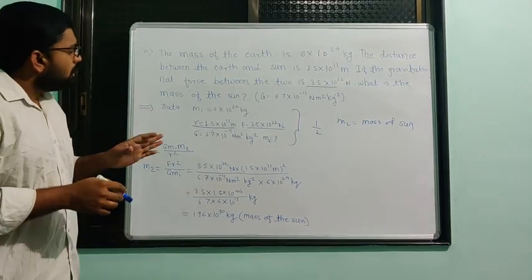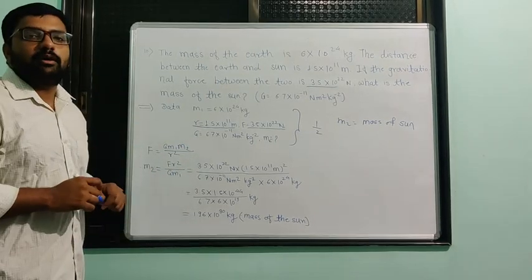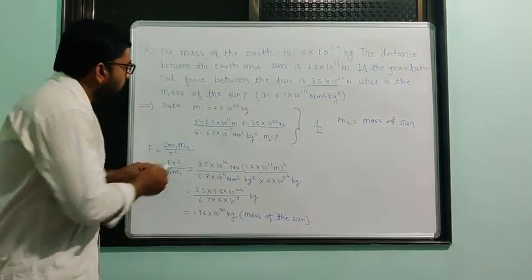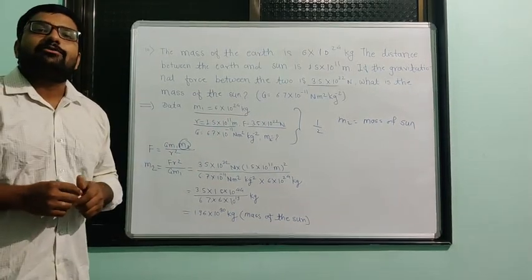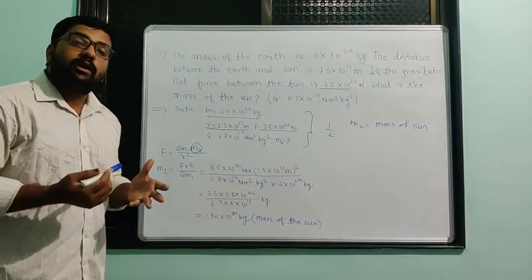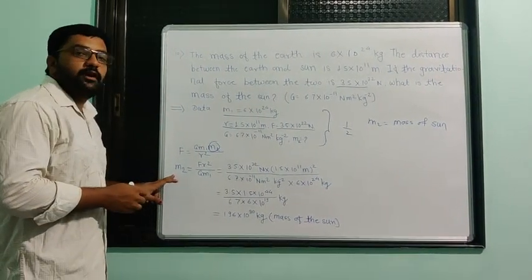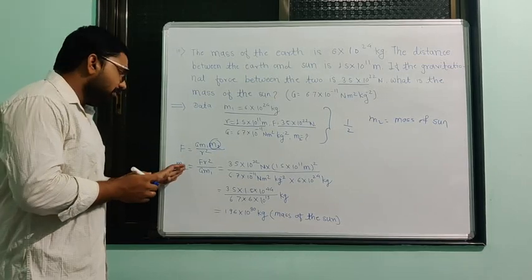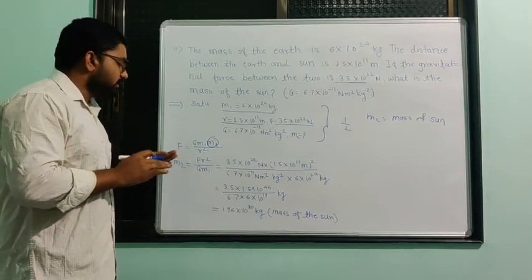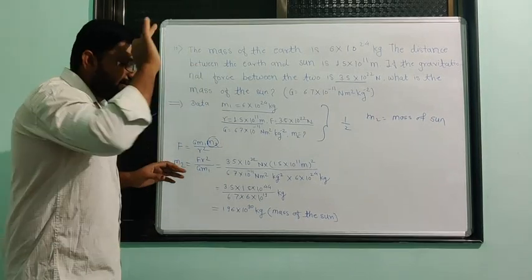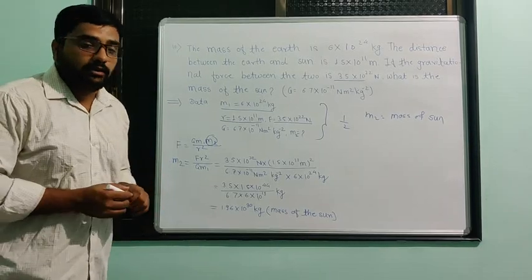So now only M2 is not given in this problem. If you see the given data, only M2 we don't have. All other things we have. So what do we have to do? We have to derive this equation for M2. We place M2 alone on the left hand side, and convert this equation for M2, so all other things shift to the right hand side of the equation.